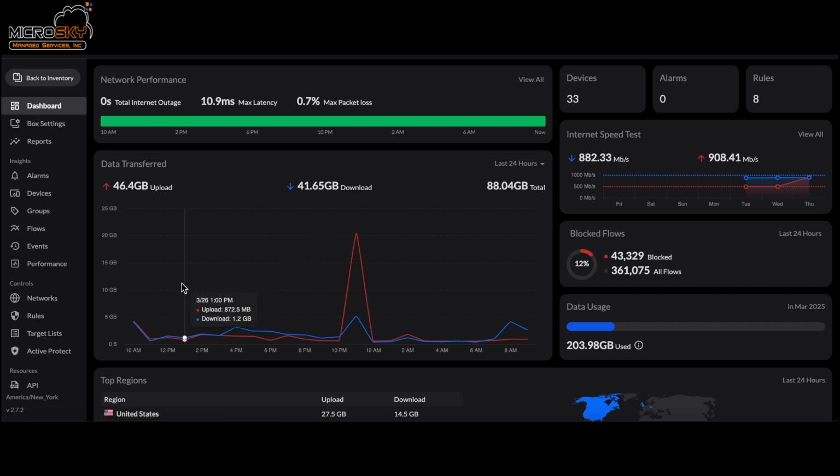So this device would just basically turn into the new router slash firewall for your network, and then from there all of your other devices will integrate into it, and MicroSky will be able to monitor and protect your network and make sure that everything on your network is completely secure and keeping you guys protected. So that's a quick video on how the firewall for MicroSky works, and I hope that you guys give us a call if you'd like us to secure